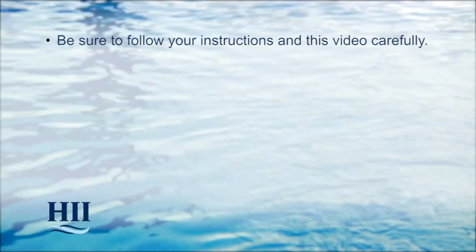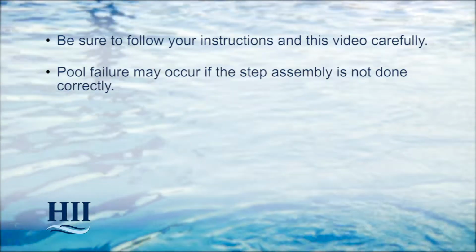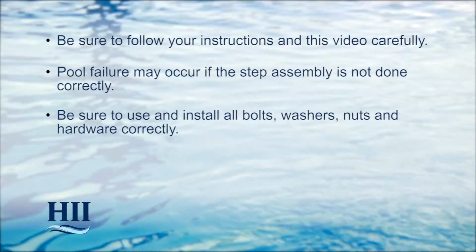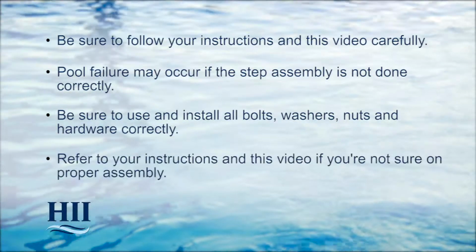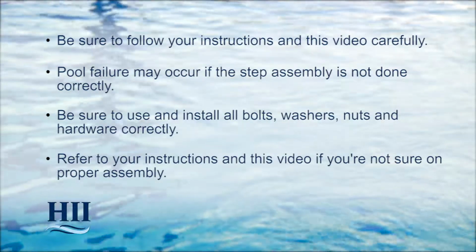Be sure to follow your instructions and this video very carefully. Pool failure may occur if the step assembly is not done correctly. Be sure to use all bolts, washers, nuts, and hardware included, and that all are installed correctly. If you are not sure of the proper assembly, please review your instructions in this video. If you have any questions concerning the correct installation, please contact customer service at